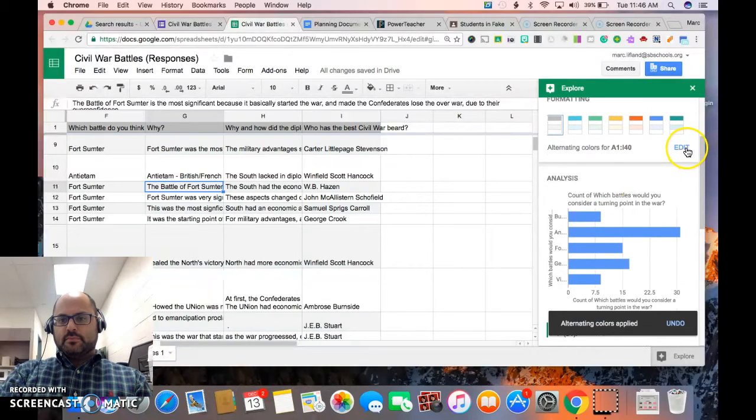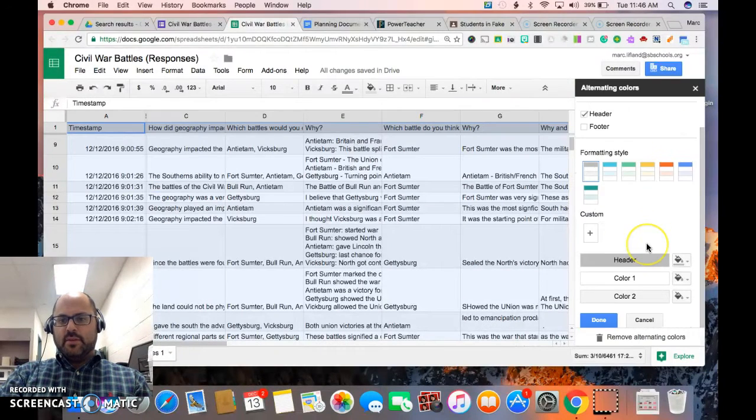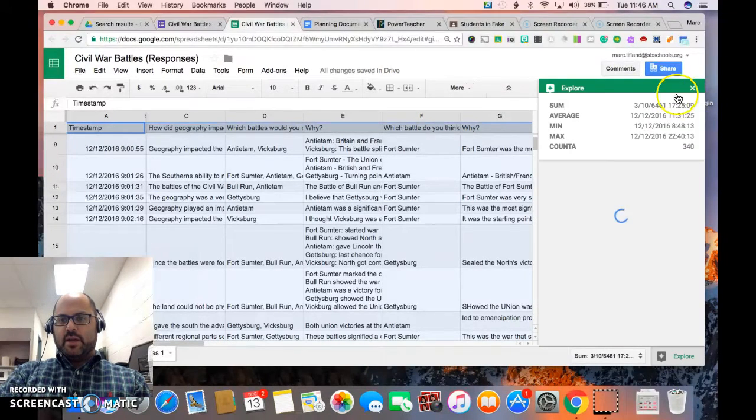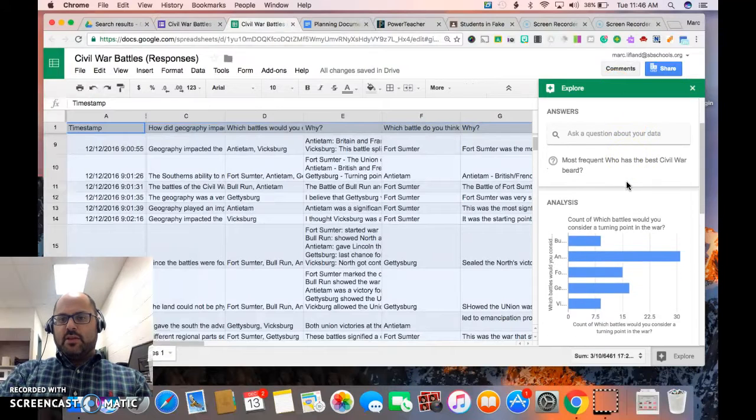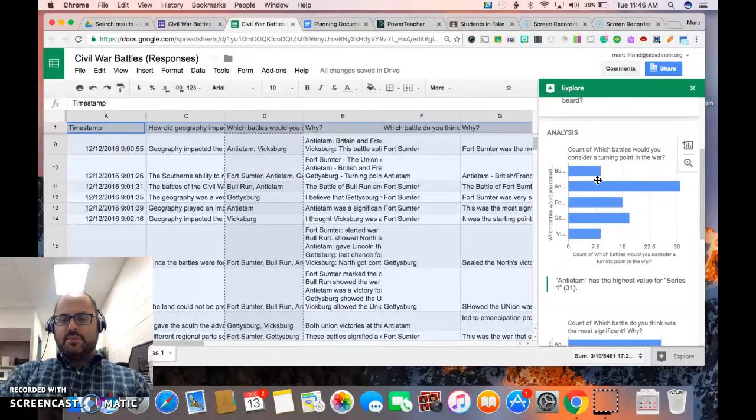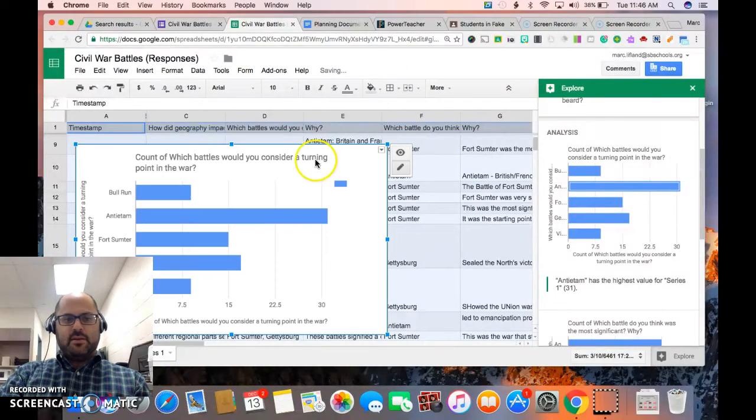And you can edit that and make it a little bit different and change things along in here and change the colors. But we're not going to do that. If we take a look at the rest of this, I can look at this particular chart and say, well, the count of the battles that they would consider to be a turning point, and Antietam seems to be the most important. And if you wanted to, students could insert the chart, clicking that button,